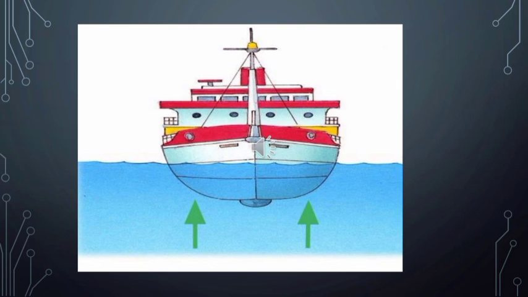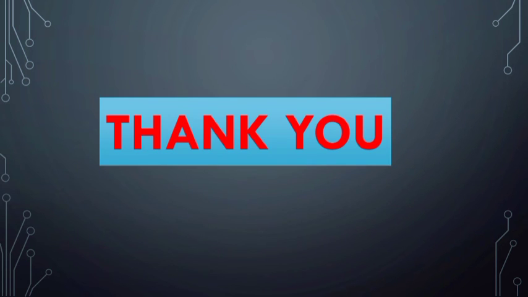The volume of the ship is very large compared to the volume of the material it is made up of. There are empty spaces in the ship which contain air, therefore its average density is less than the density of water. This is the reason why a ship floats with a small section under the water. Here you can also see the picture showing that a certain portion of the ship is sunk inside and the majority of the portion floats in the water. In the same way we have airships, balloons, submarines.